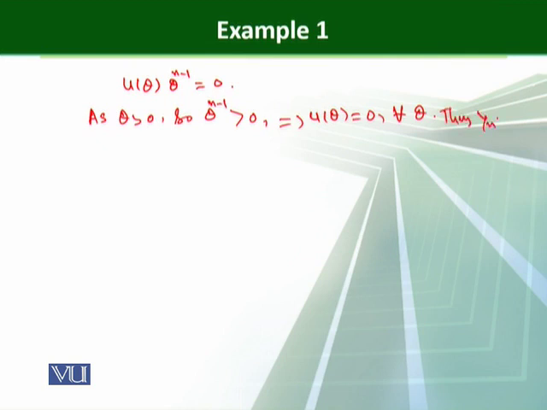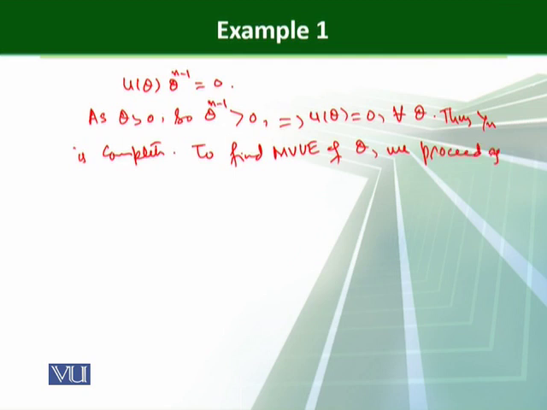Thus Yn is complete. To find the minimum variance unbiased estimator of theta, we proceed